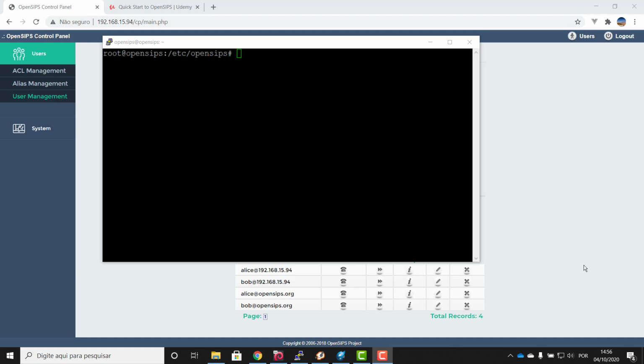Sending calls to the PSTN. To send calls to the PSTN, we are going to use the dynamic routing module. It's a module where you add your own gateways, you add your routes, and the system automatically sends the calls to the right destinations. I want to show you a bit of the logic